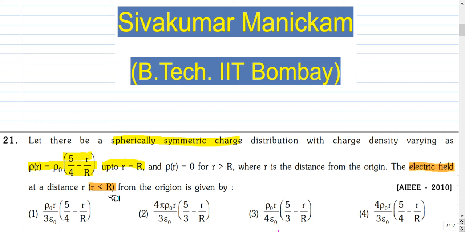This problem has got spherical symmetry. The charge density depends only on the radial distance r and not on the direction. So this problem can be solved by using Gauss's law. We can also use a standard result of a spherical shell. For a spherical shell, the electric field inside the spherical shell is 0, and outside of the spherical shell, it's as if the full charge of the shell is located at the center of the shell as a point charge. You can pause and attempt this question.